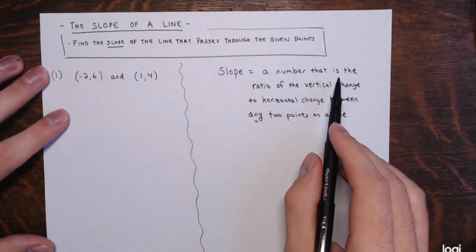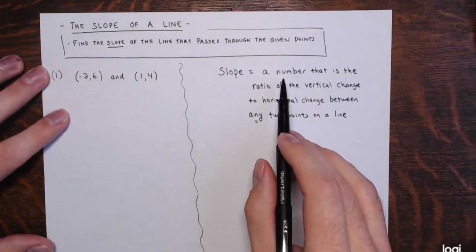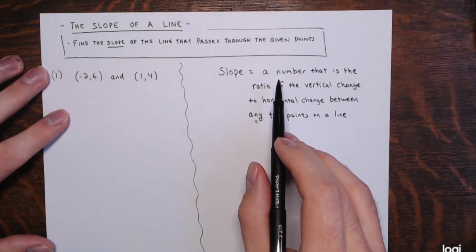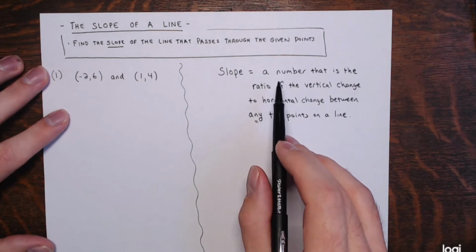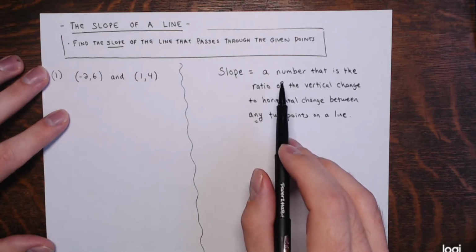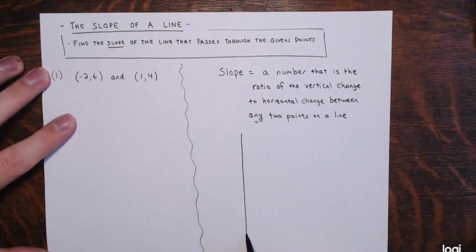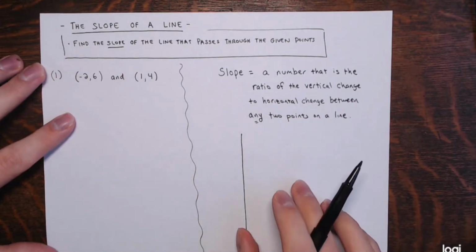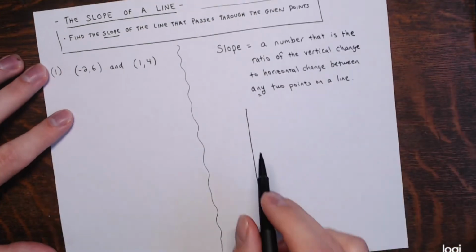And another thing this slope number tells us is what direction a line will be going in on the Cartesian coordinate plane, the XY plane. It also gives us an indication as to how steep the line is, how fast it's rising or falling. So here's how we calculate slope of a line. I told you right there how to calculate it. That's the ratio of the vertical change, this is in the y direction, going up and down,